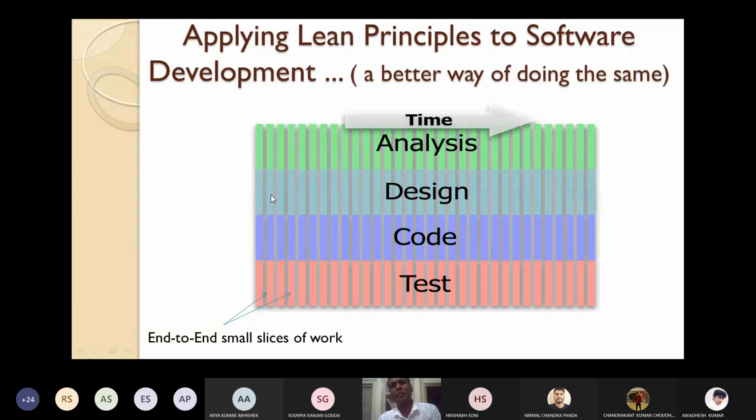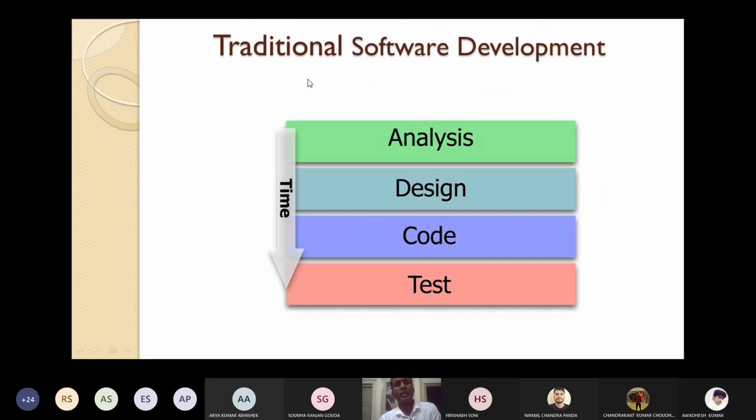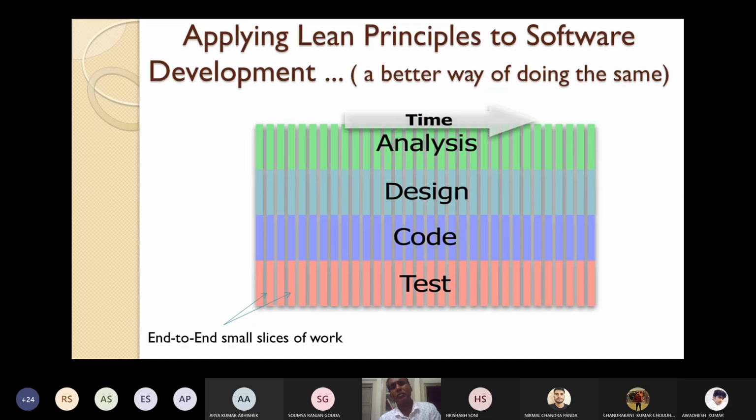All the activities you are doing. This is a better way of doing the same thing in comparison to the traditional one, where at any point of time you are doing either analysis or design or coding or testing. This is how the Agile principles are different from traditional software development methodologies.